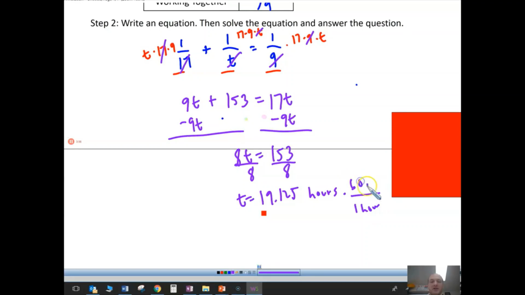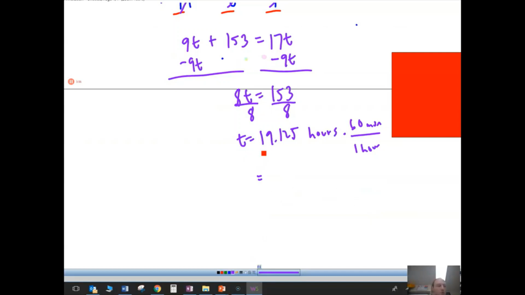60. I'm glad you said 60. You're very smart. Good job. Okay, so we'll go ahead and multiply this by 60. Don't round. Do not round this at all. Keep it as is. Okay, and we get 1,147.5 minutes. Okay, this is a word problem, so we have to give an answer in words, and our answer